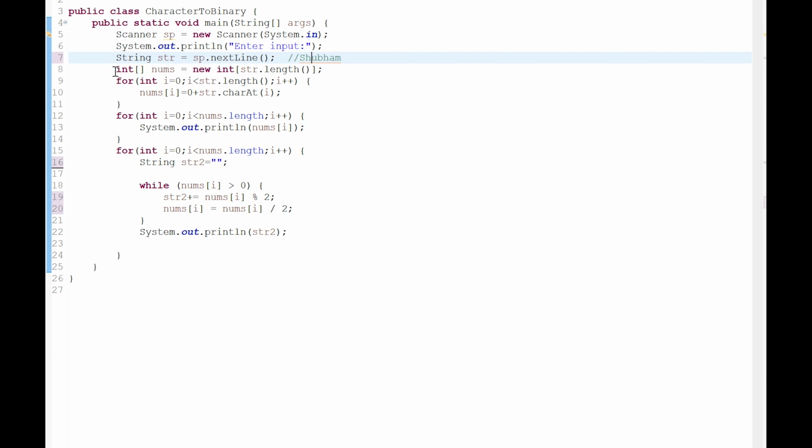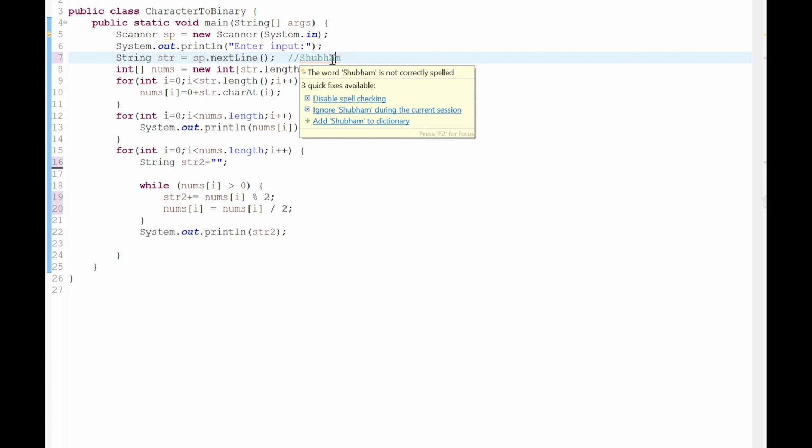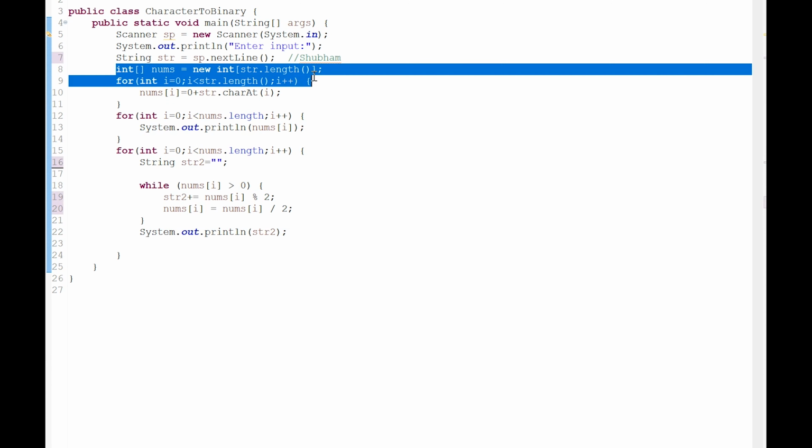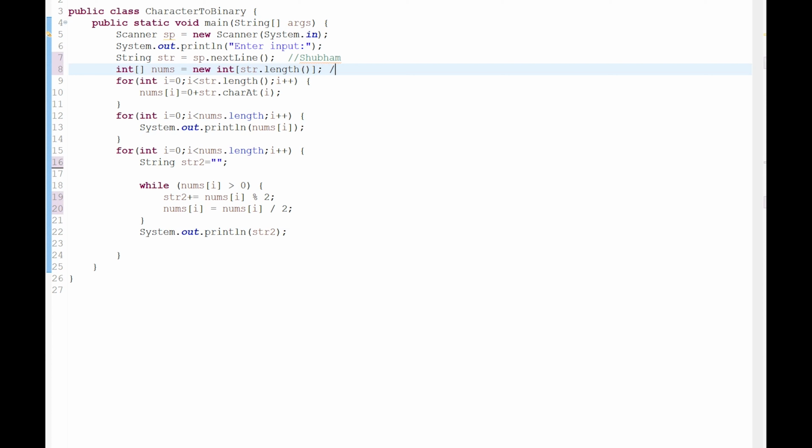First I take an empty integer array of string length. What is the length of this string? 1 2 3 4 5 6 7. So this integer array will look like this: 0 0 0 0 0 0 0.